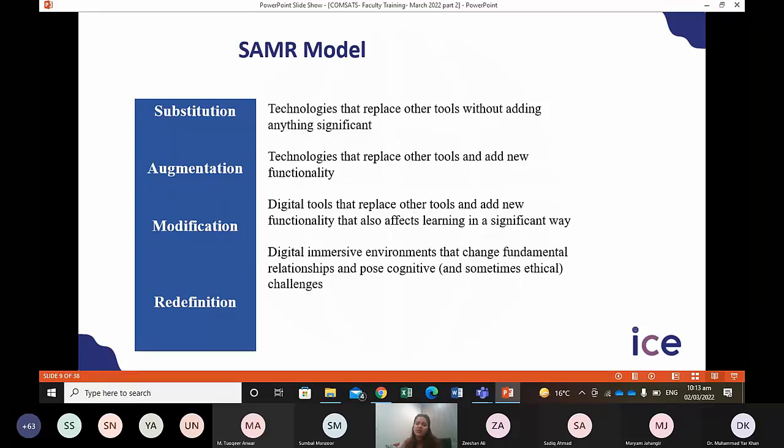ठीक है, and then the redefinition is the last stage where digital immersive environments that change fundamental relationships and pose cognitive and sometimes ethical challenges. अब इसमें ये होता है कि आपने पूरा सिस्टम ऑफ एजुकेशन बदल दिया है. If you're talking about education only, so आपका teaching learning का your pedagogy is changed from conventional pedagogy